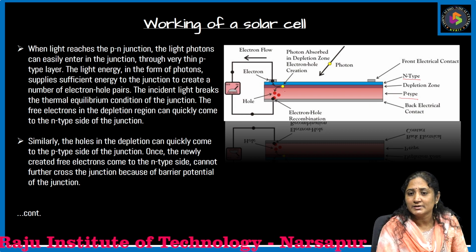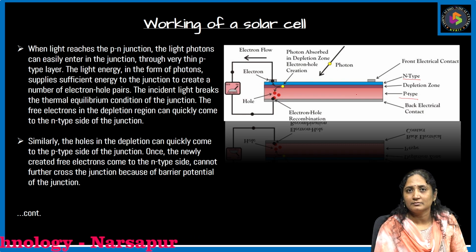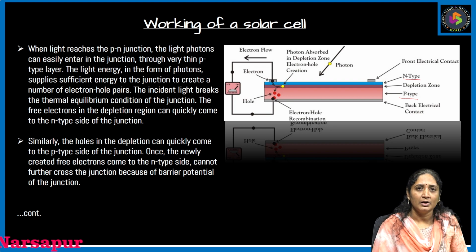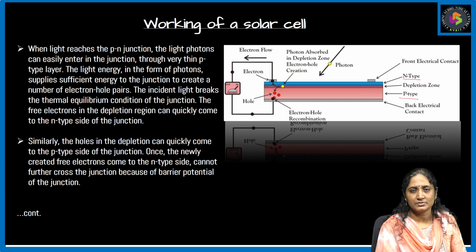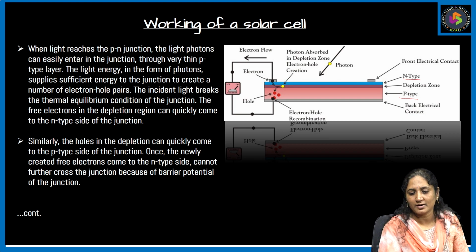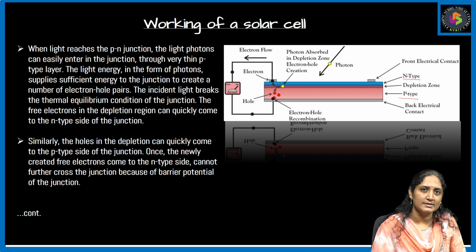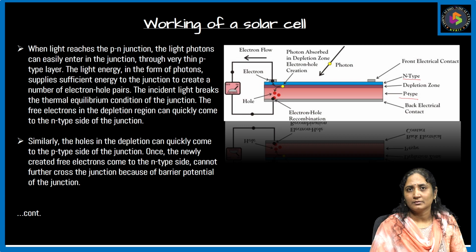At that time, the depletion layer will be formed between p and n. So at the p-n junction, an energy difference will be formed. Due to that energy difference, some amount of electricity is generated, which is nothing but electrical energy. The flow of electricity takes place because of this depletion layer, which is formed between the p-n junction due to the transfer of electrons and holes between p and n-type.